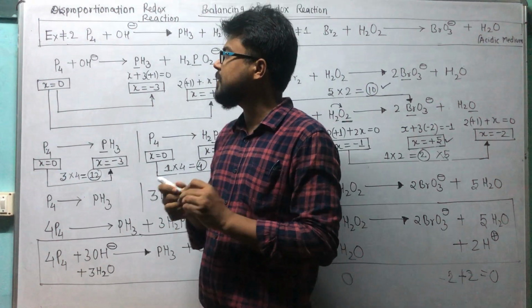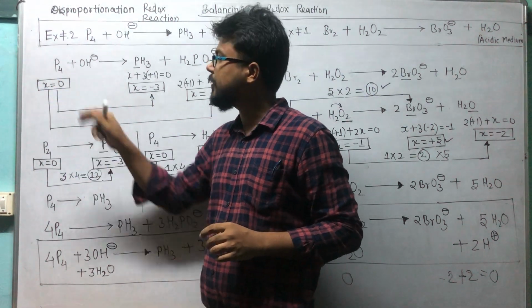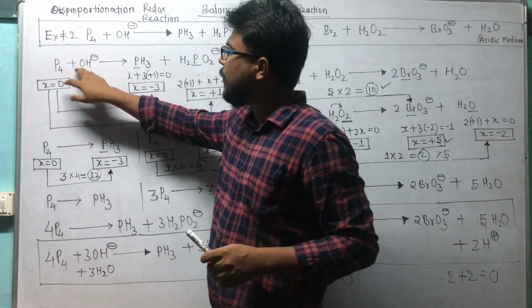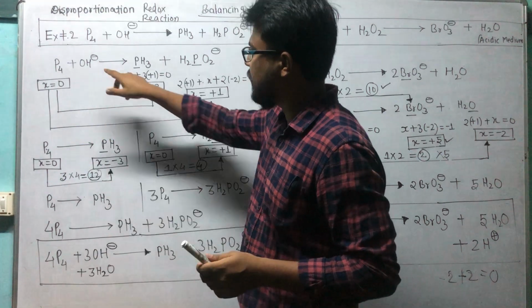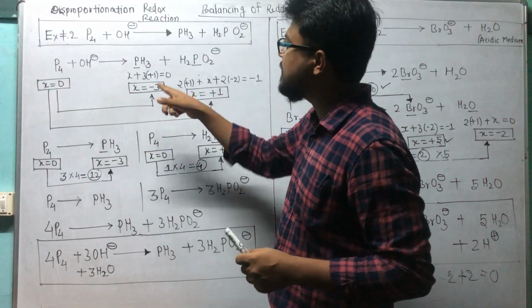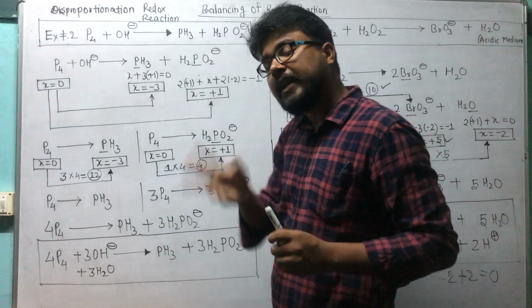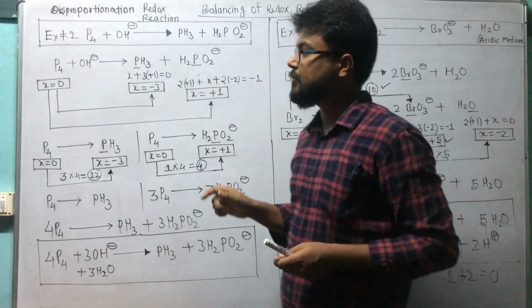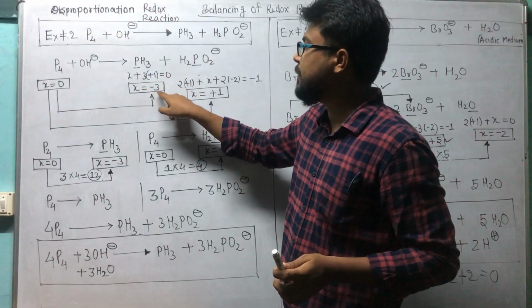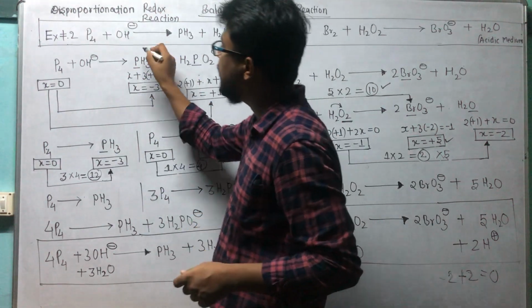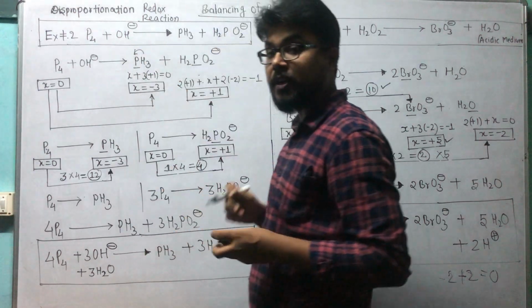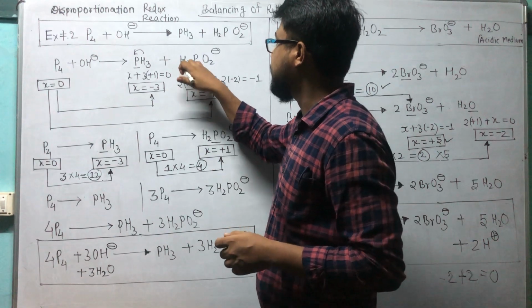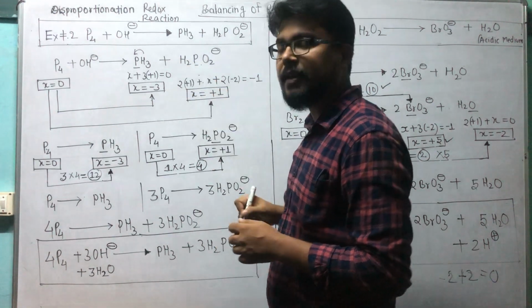Now I will calculate the oxidation number. See here, the oxidation number of phosphorus is 0 because it is a molecule. Now why didn't I calculate the oxidation number of OH- or O and H? See here students, on the left side there is one phosphorus and on the right side two types of phosphorus, meaning the similar element one time can be oxidized and next time can be reduced. So here the oxidation number of phosphorus will be -3 because H is connected with a non-metal, and phosphorus is a non-metal. And here the oxidation number of phosphorus will be +1, as I will solve.